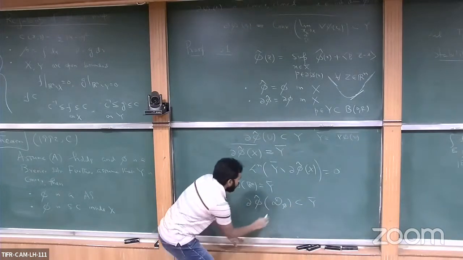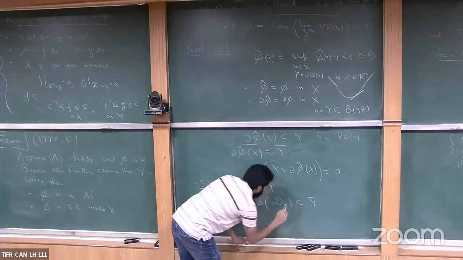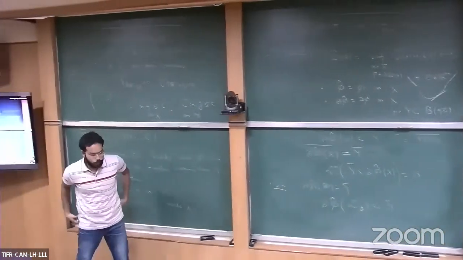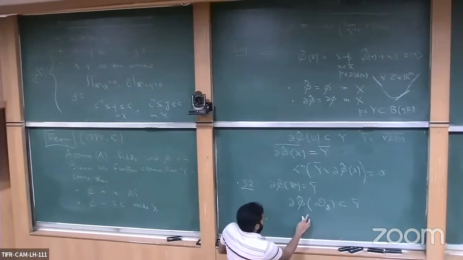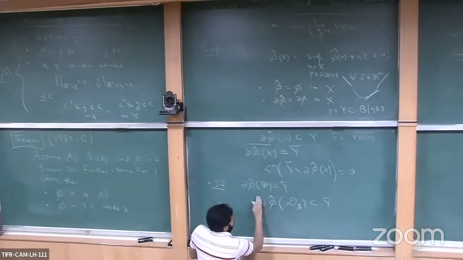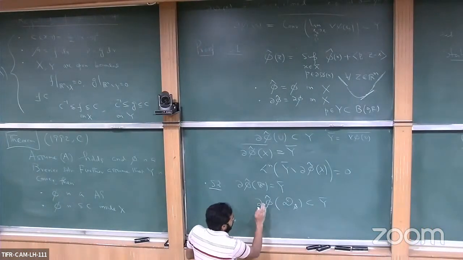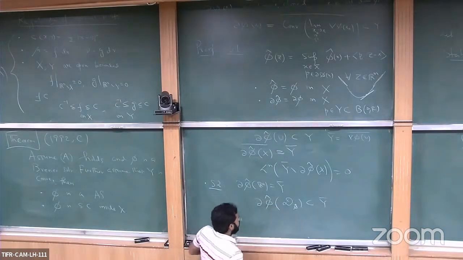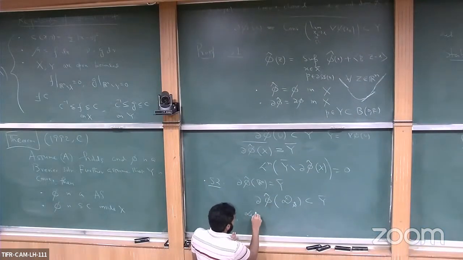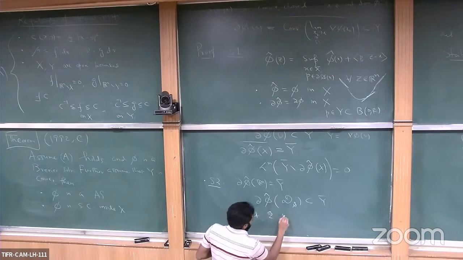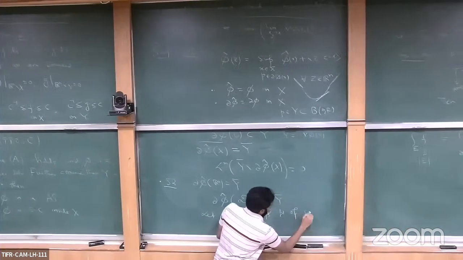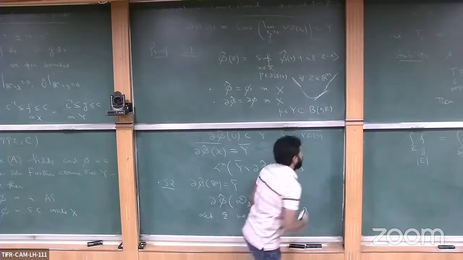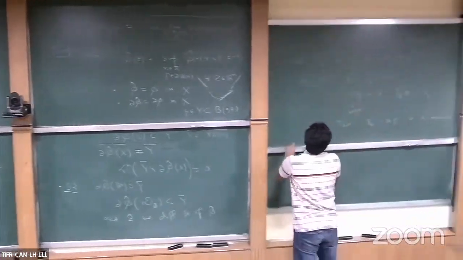Okay. So if I show that, then almost we are done. Let us take a point, say, a differentiability point. All right, this is fine. So let us take a differentiability point of theta. Okay. Now from my definition,